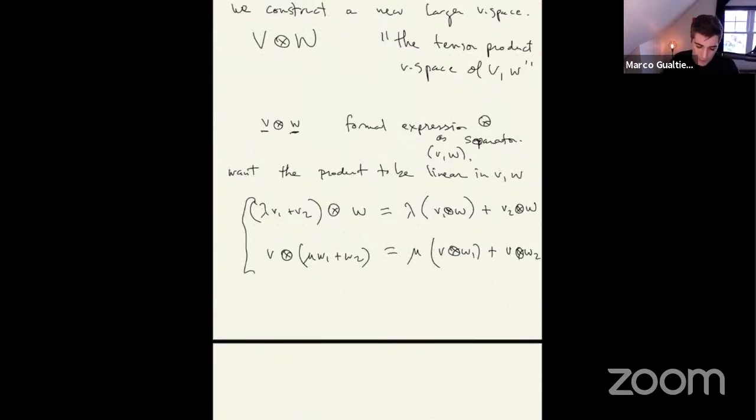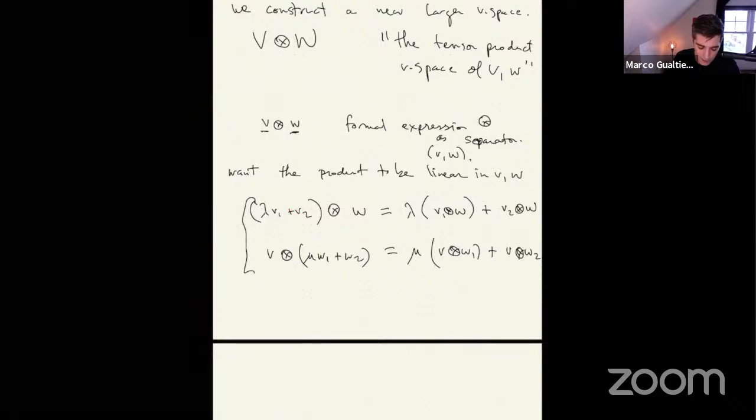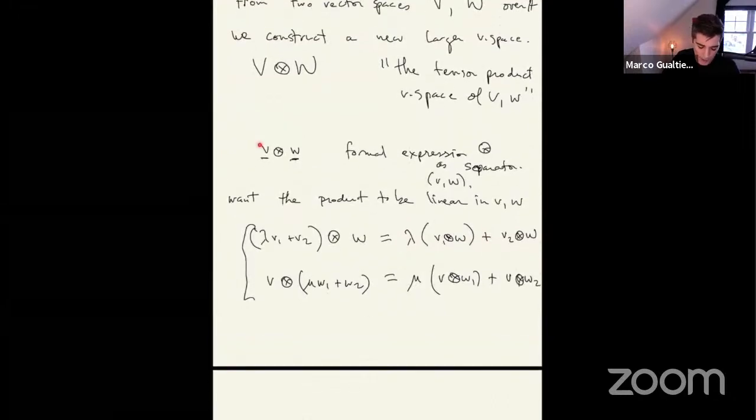Okay, so now I just want you to notice one important thing. The fact that the person wants it to be linear in the first argument and in the second argument means that this equation should hold. And then we have this plus and this lambda. Okay, and this is problematic because all I said was I want elements of this V tensor W to be of this form. But because this plus is here, it's clear that I'm going to have to allow formal sums of expressions that occur in this way, right?